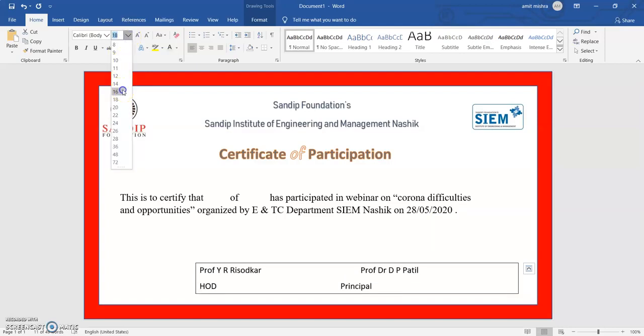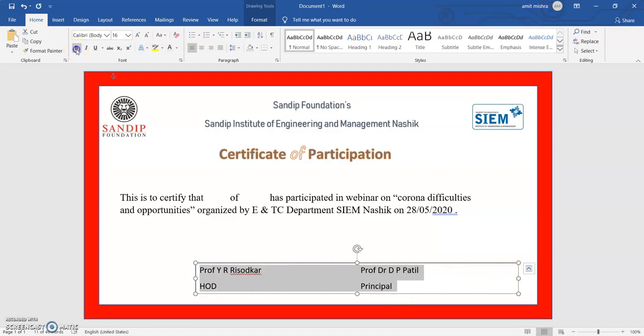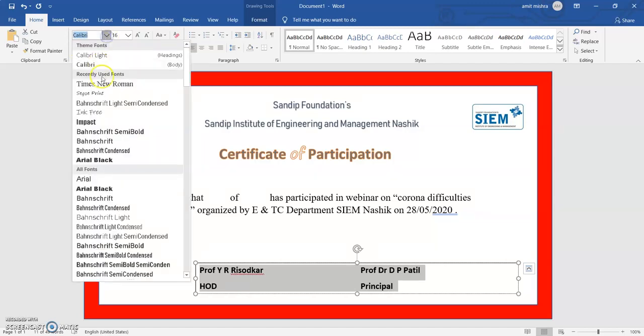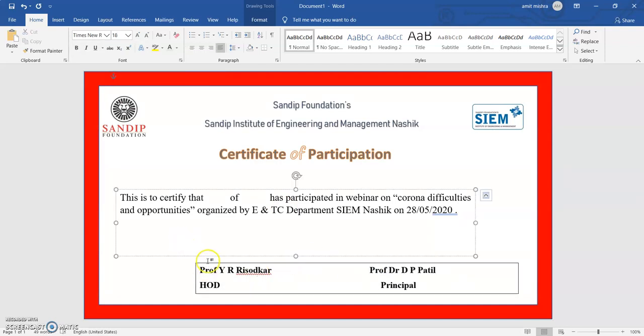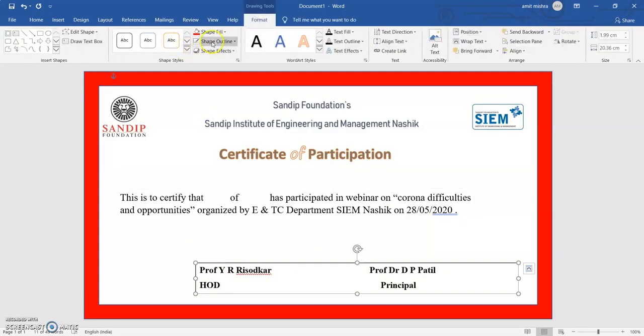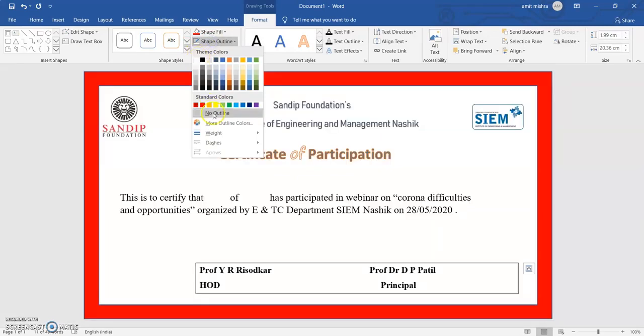We'll keep it a little bit smaller so that it will look good in this way. Then I will choose Times Roman. Then I will remove this border part. So I will go to Format and choose no fill.